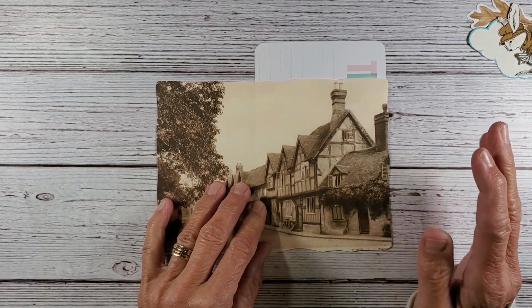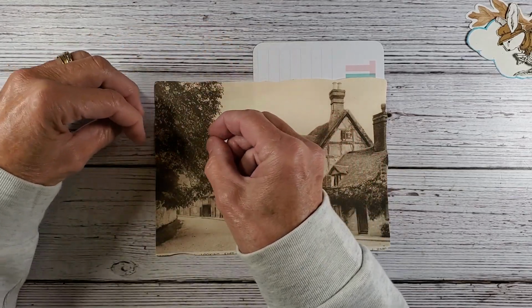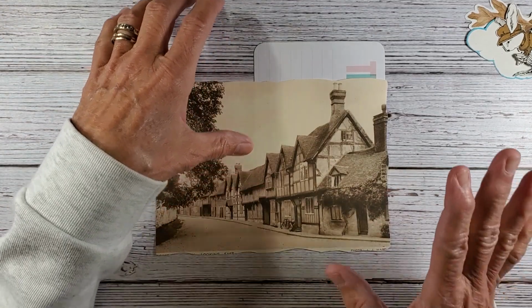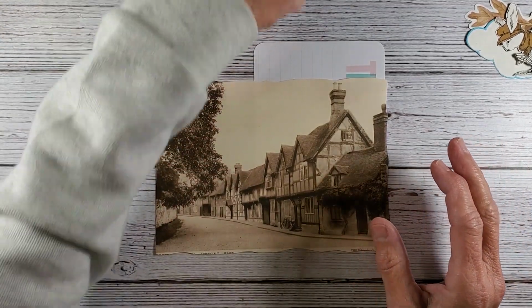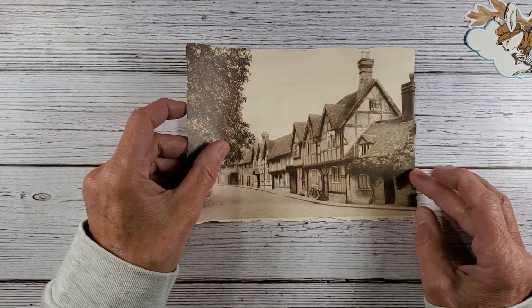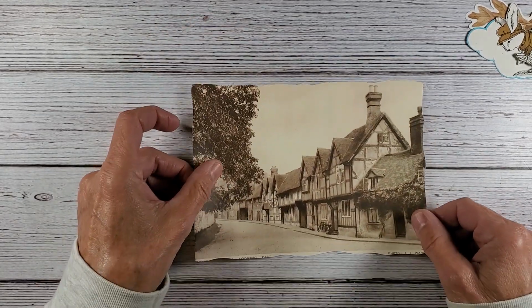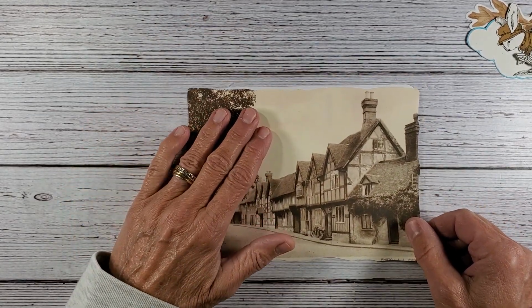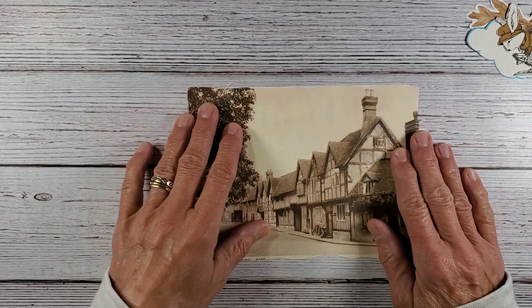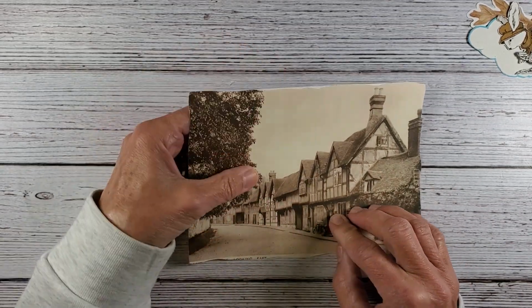But this is where I don't want you to jump into it and say, oh, I like this. And then I'll rip and tear a little bit here, and I'll put it up here. I could have some leaves. I don't want you to do that. And if you decide to go horizontal, say, oh, this is great, this fits. Now I really like the chimneys, so I want the chimneys to be in here. So I'm going to glue this down, and I'm going to cut it off here. Well, if you do that and you cut it off there,